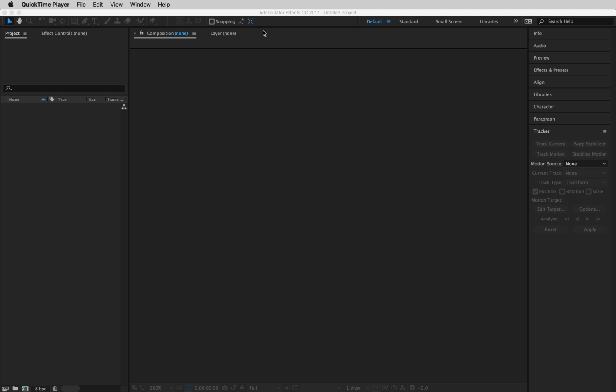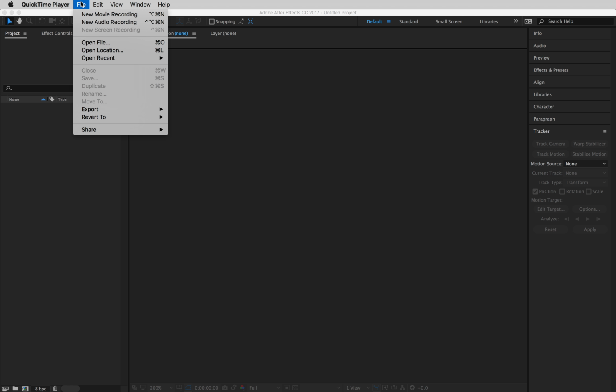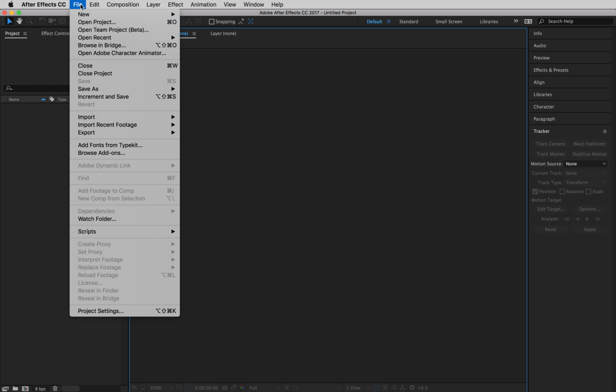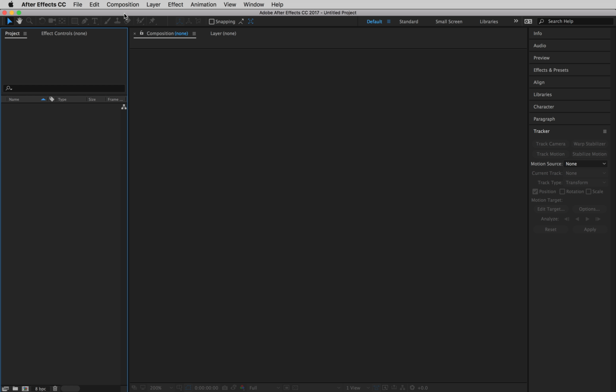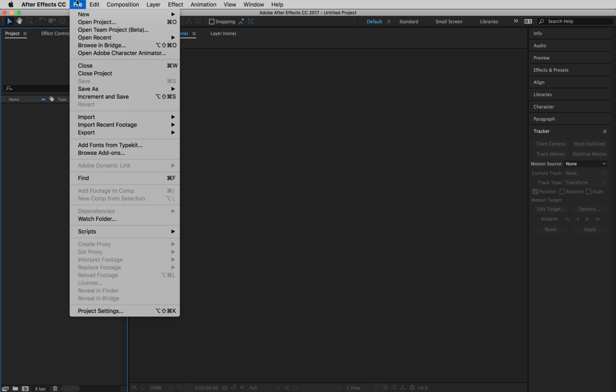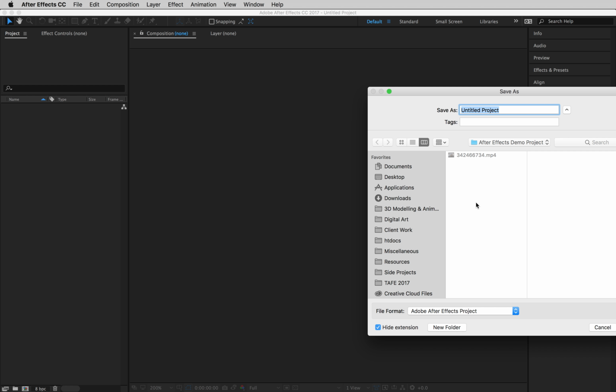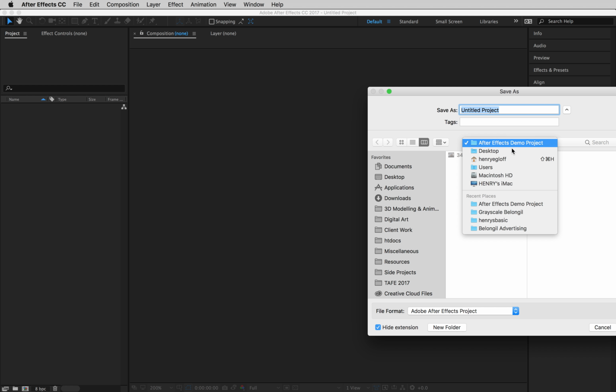So I've just opened up After Effects and I'm just going to create a new project. And what I tend to do is save my project straight away. I'm going to go Save As, and I'm going to put it in a folder. So I've created a folder on my desktop,